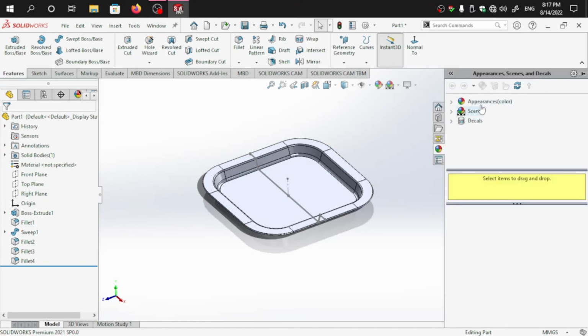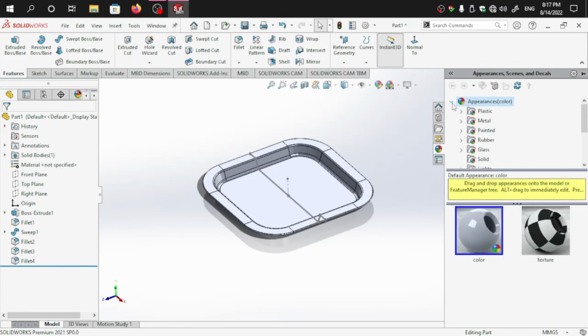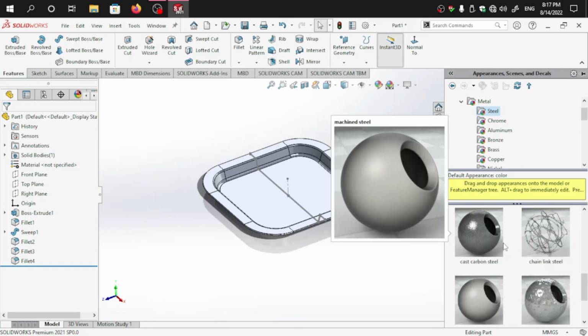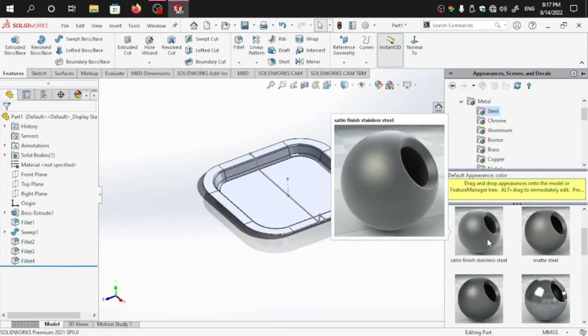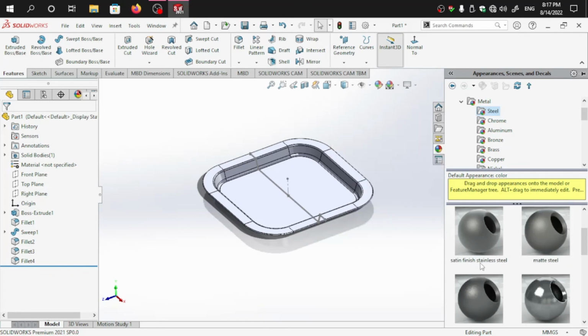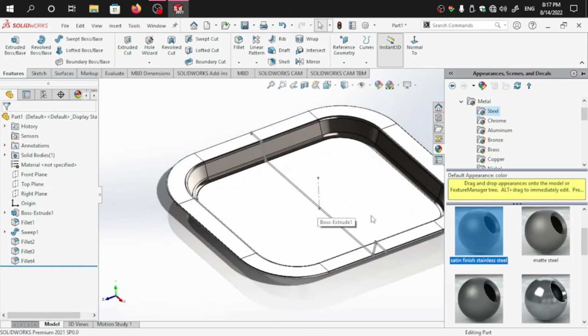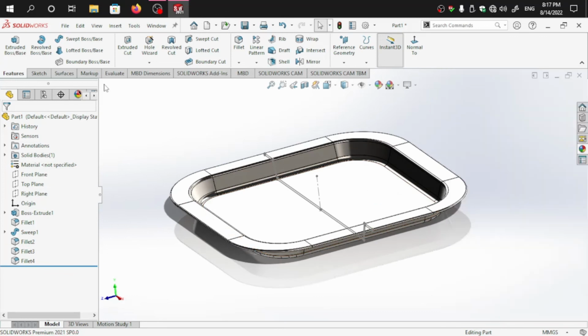Then in this scene, click this appearance and color, and we need the metal, so click this drop down and go to steel, and you could see the different types of steel in this. If we want stainless steel, click here 2 times, it will give the material, or you can go to